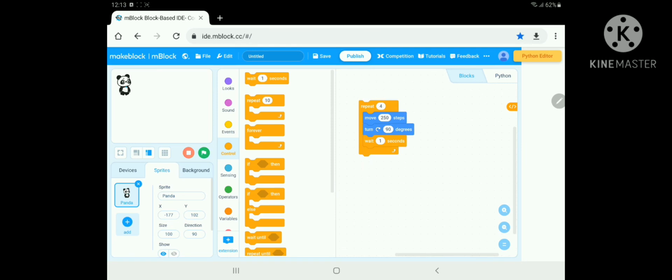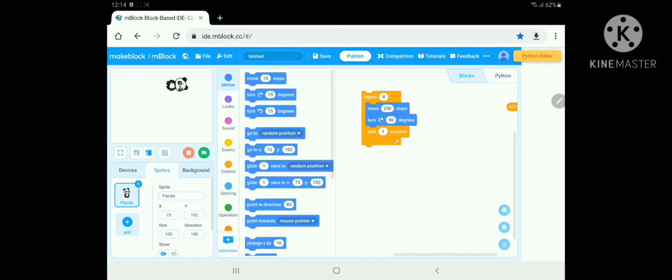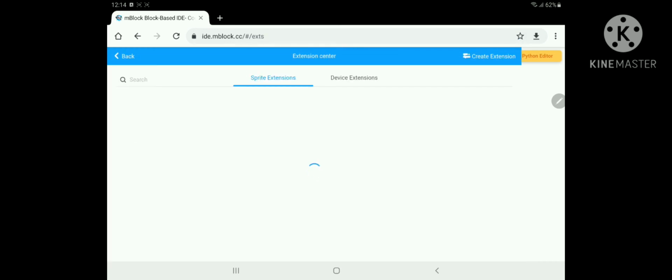Now you want to see the square. If you want to see the square, you need to add an extension.